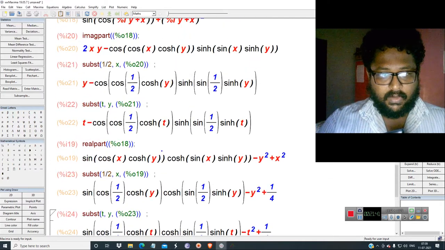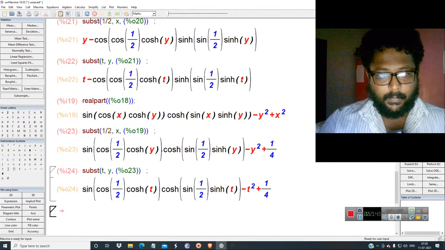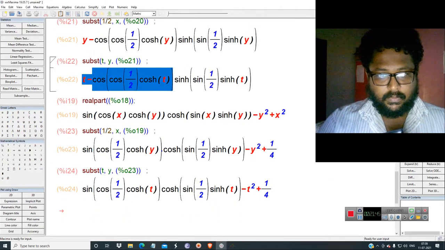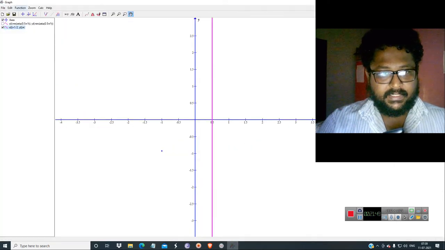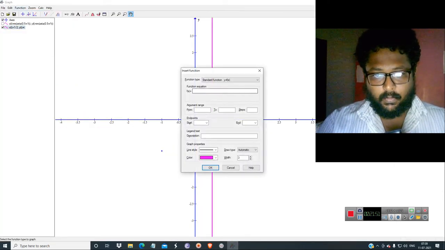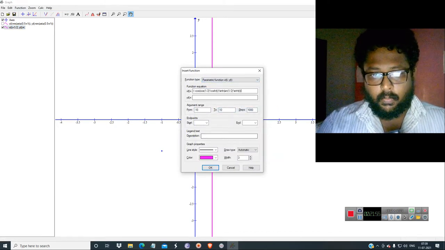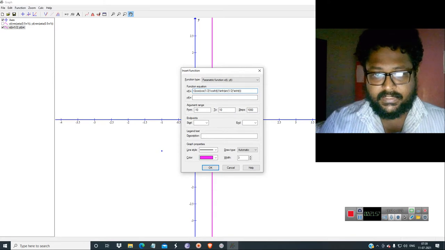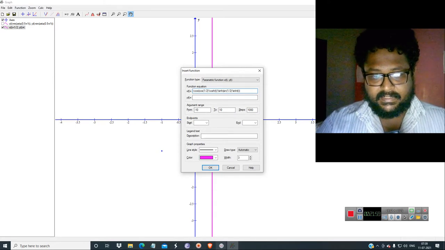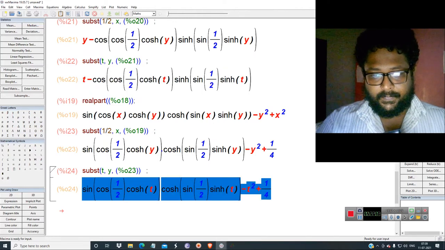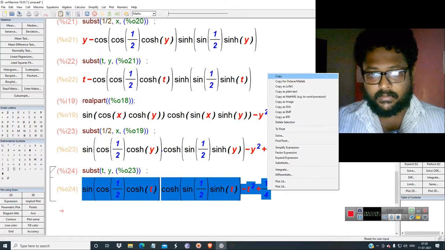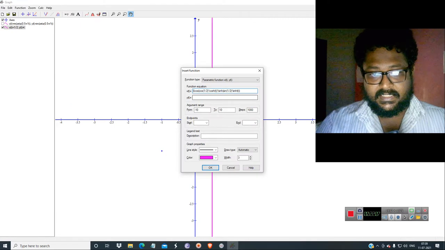Now we copy this function and paste it in the real domain of x of t and y of t. Without this, you would have to plot it in much higher dimensions. This is for x and this is for y. This is x because that is the real part now, so you paste it over here.